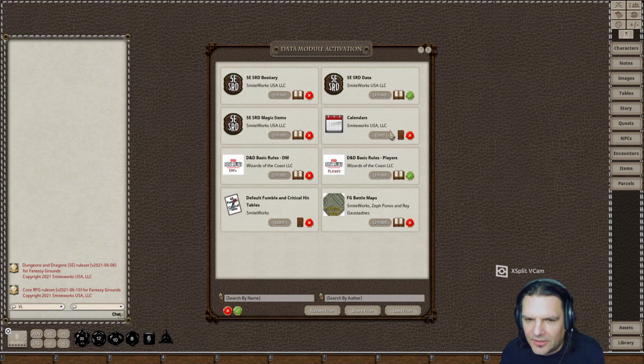My world has its own calendar. It's a 10-day week, and 12 months of 3 ten-day weeks, so 30 days in each month. So I can't usually use these kinds of calendars, and I don't usually use fumble and critical hit tables. That's from 4th edition anyway. So I've got all this stuff loaded up. All these things are loaded, except those two. The little book